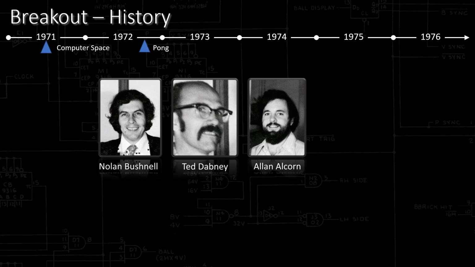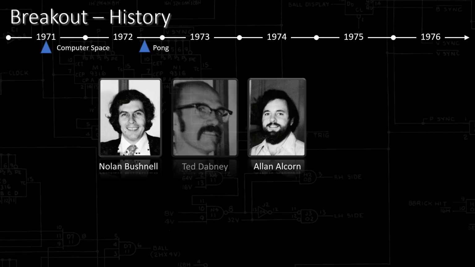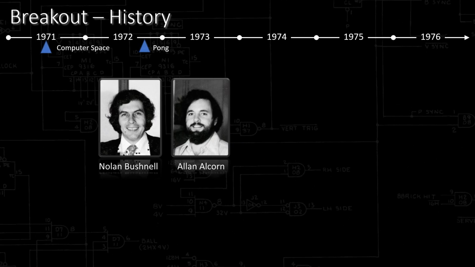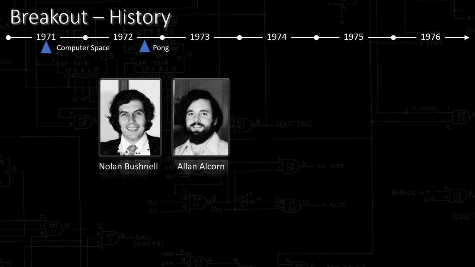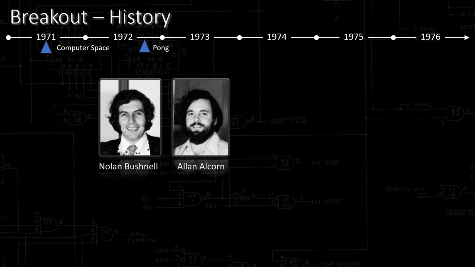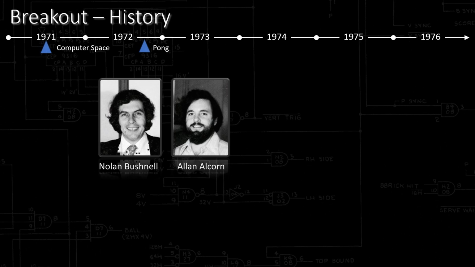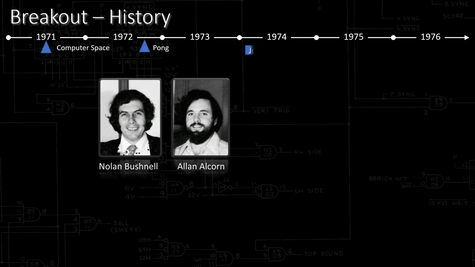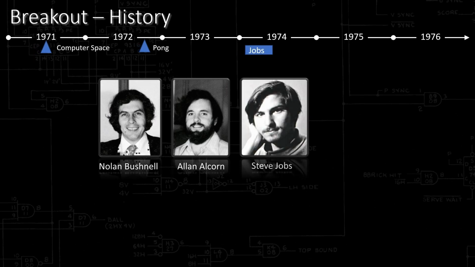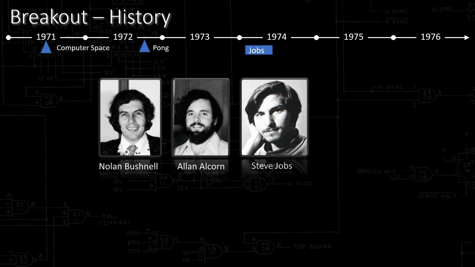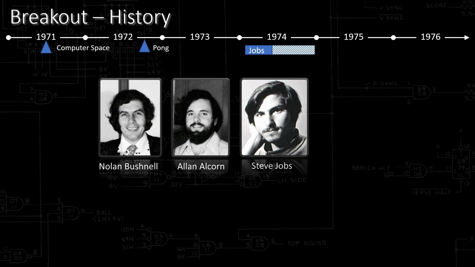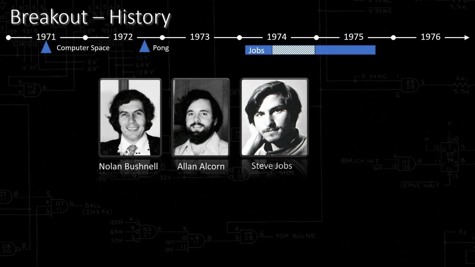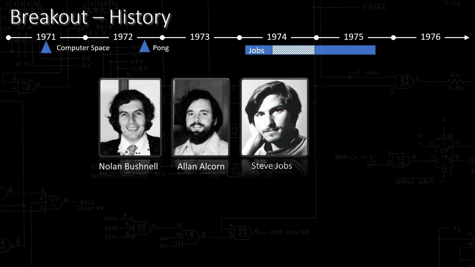In '73, Dabney left, and since Nolan is the true driving force here, we'll shift this around a bit. In January of '74, a scraggly 19-year-old kid walked into Atari and told the receptionist he wouldn't leave without a job. Alan took a look and hired the kid to do miscellaneous technical work, repairs, engineering changes, etc. So Stephen Jobs became Atari's 40th employee. Just 3 months later, Jobs went on sabbatical to India for 7 months, then spent 12 weeks at a commune in Oregon before getting his old Atari job back in the winter of '75.